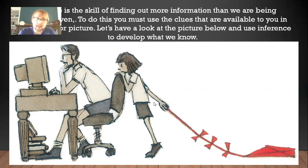You could also say that you can work out the girl wants her dad's attention, or she wants the attention of whoever this man is, and that she'd quite like to go outside. You can say that because she's holding a kite and they're clearly inside because the dad's on the computer. Why else would you be holding a kite if it weren't because you wanted to go and play with that kite? And she's maybe trying to